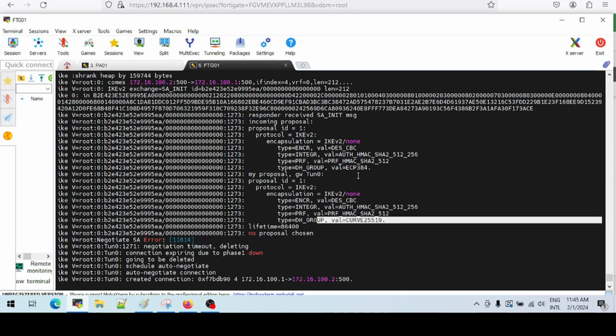So what's mismatched in this case is our Diffie-Hellman group, and we know this to be true because we purposefully broke it, but this is a good indication of how you can find issues with mismatched Diffie-Hellman groups.